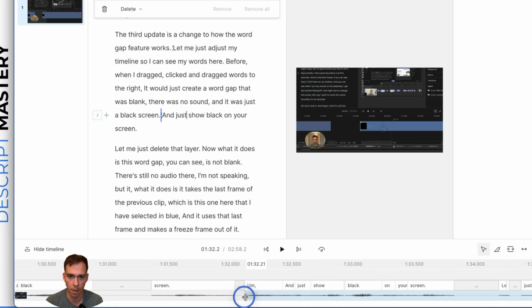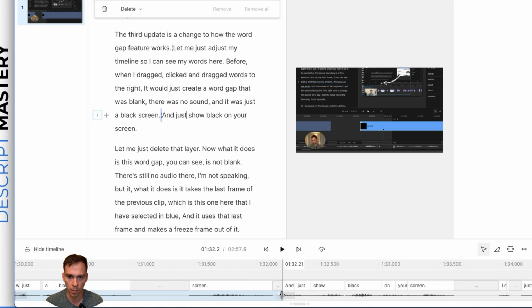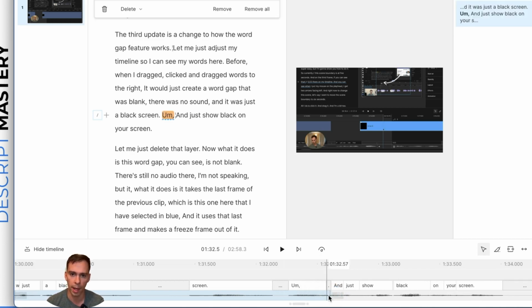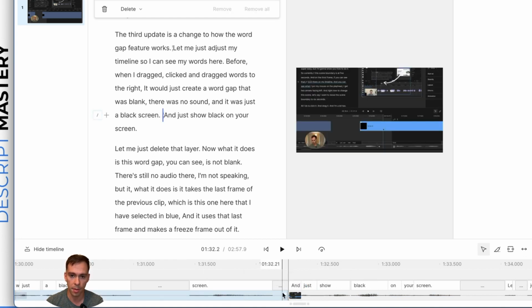And look at that, we can bring the word back, or we can close it back up, or we can move our bracket slightly to the left, and now the bracket is open to the left, click and drag and bring it back like that. And if I release, I'm going to show you one more way to manipulate the timeline. You can click on a word and drag it to cover a word up. And if you do the opposite, so that was dragging left to cover up a word, if I click on a word like this word black and I drag right,